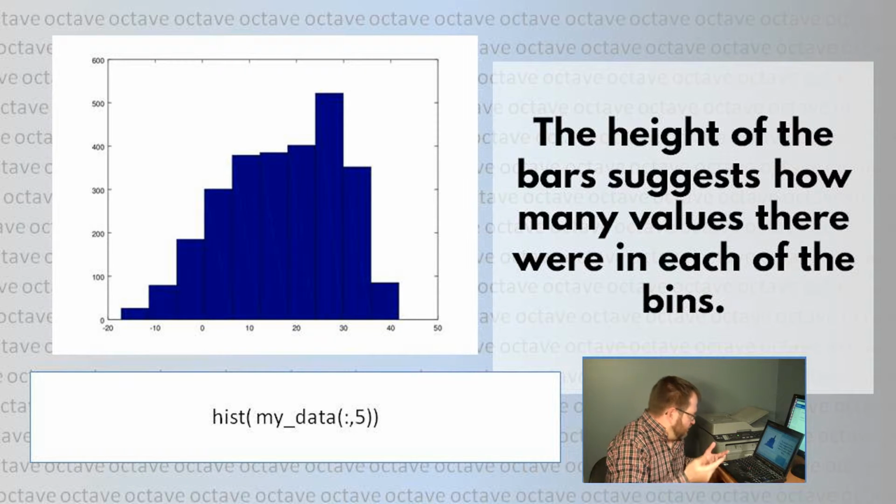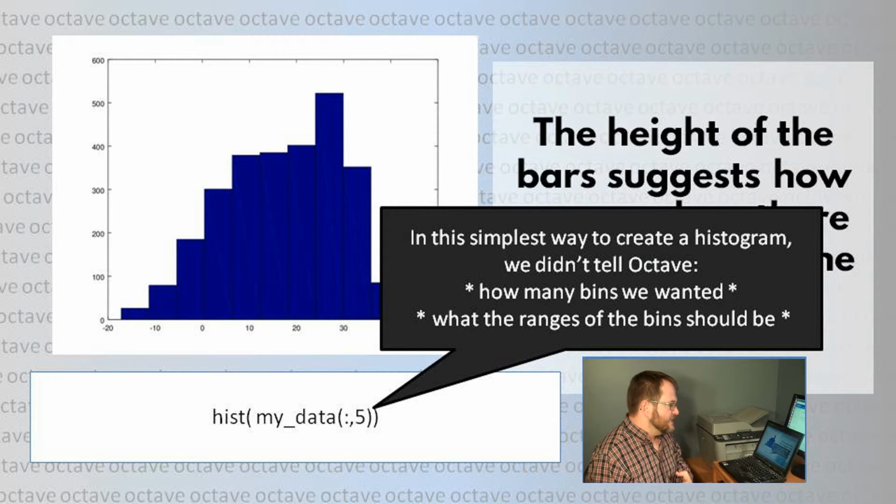So in this case, I don't know what that would be. Let's say the 25 to 30 bin had the most observations. Let's say there were about 500 observations of high temperatures that were between 25 and 30 Celsius, and so on. Okay, so once you think through, at a philosophical level, what a histogram actually is,